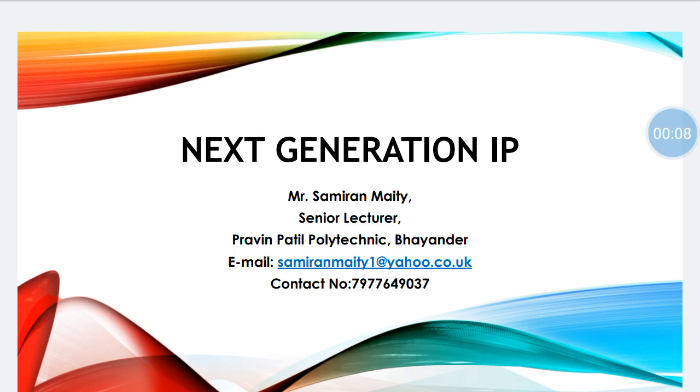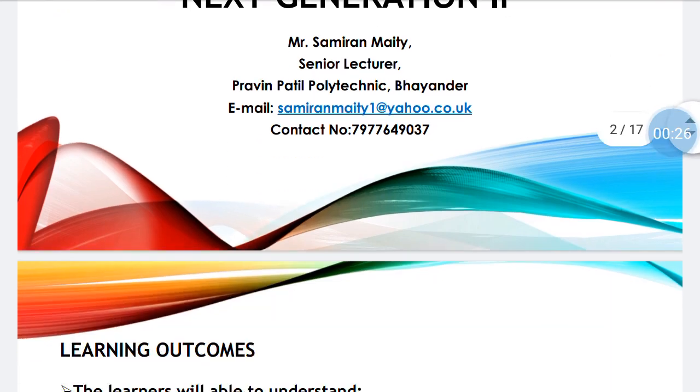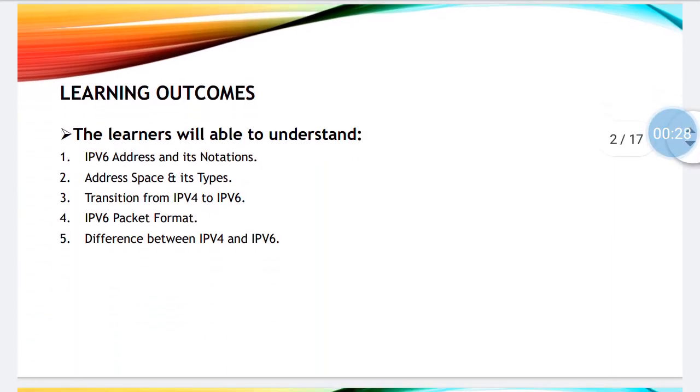As you know, I have started with the course on ACN, which is a 5th semester subject for CO and IF branch. I hope you guys have already watched my two videos on the first chapter. Now I have come with the second chapter of ACN, that is Next Generation IP. So if you remember, in the first chapter we came across IPv4. Now here we will deal with IPv6.